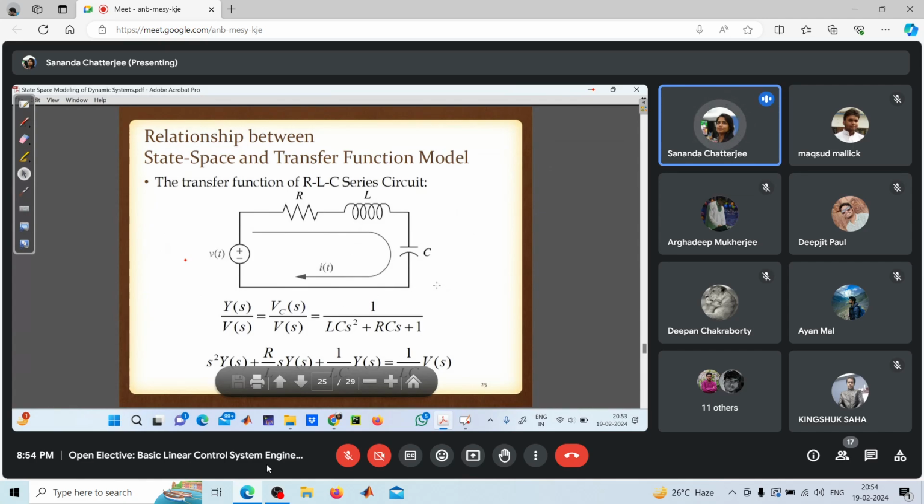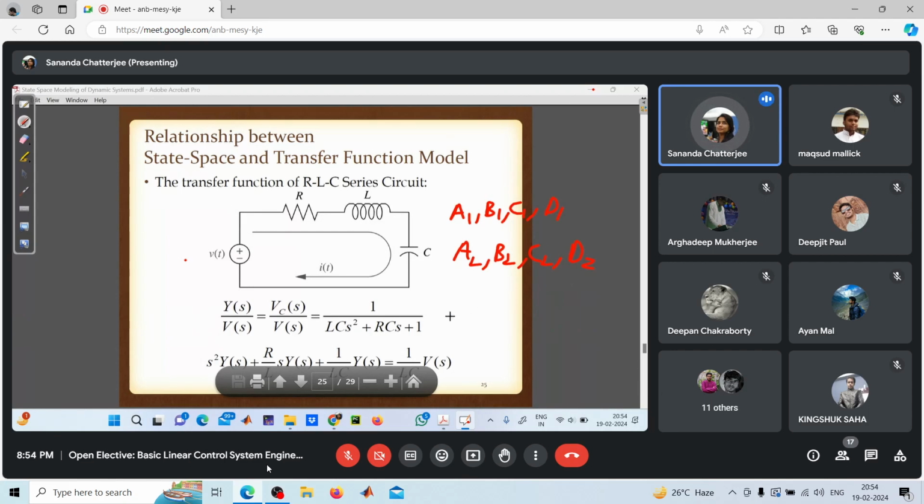So therefore, what I am suggesting is you please verify this. We had two representations of the same system. One is with A1, B1, C1, and D1. Another one is with A2, B2, C2, and D2. Maybe D is 0, but there is D2. So now you verify that